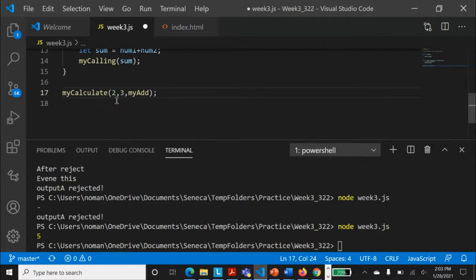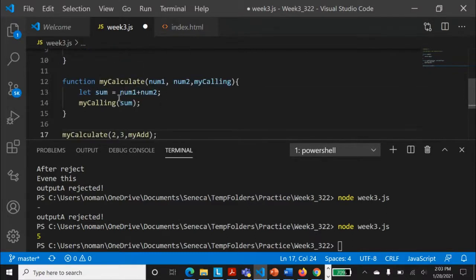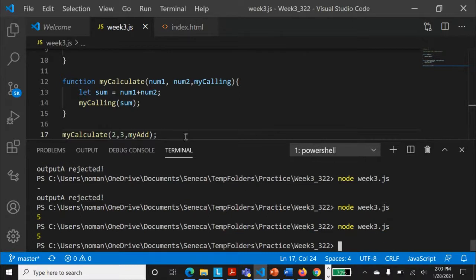So what it will do is that now this function has been passed as a callback function, and what we want to do is that whenever these two values are received and everything is done, then you just go and call that function. And this is the way that we were typically using before that. Let's run that. Does that give us the right result or the same result? It's giving the same result.